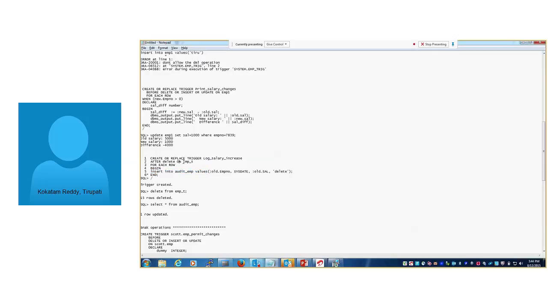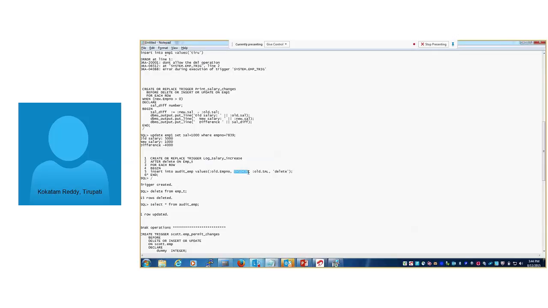When any user deletes EMP_T records, the deleted records automatically insert into the audit_EMP table. Automatically the trigger will raise and it will fetch the deleted records from EMP_T table into the audit_EMP table.